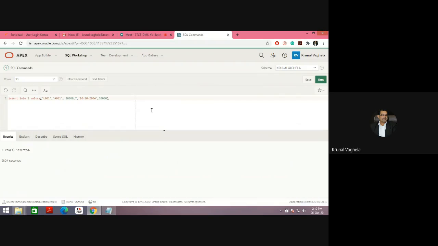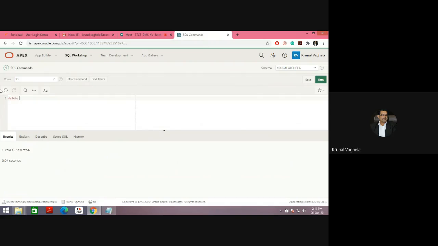Now let me try to delete from the parent table, which is the account table, but now the child entry will not be deleted, but the account number in the child table will be set to null. Let me show you.